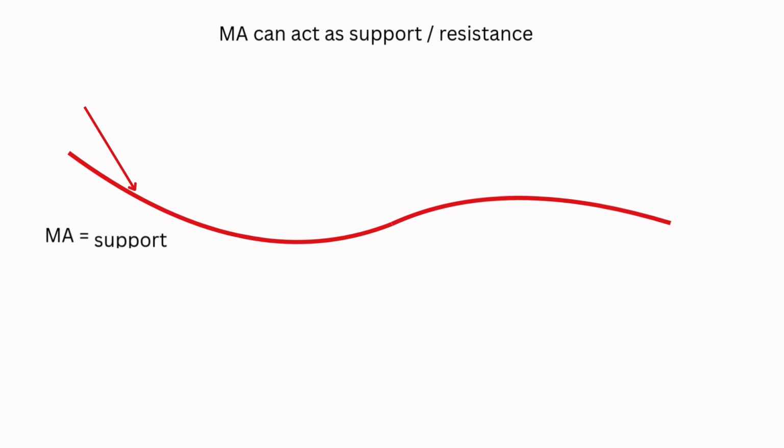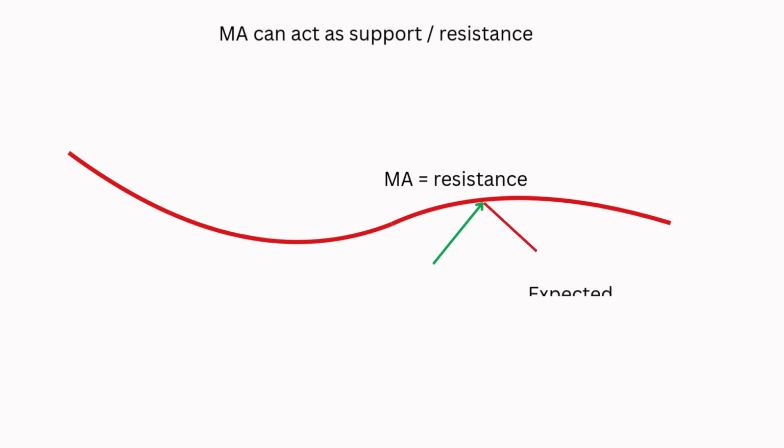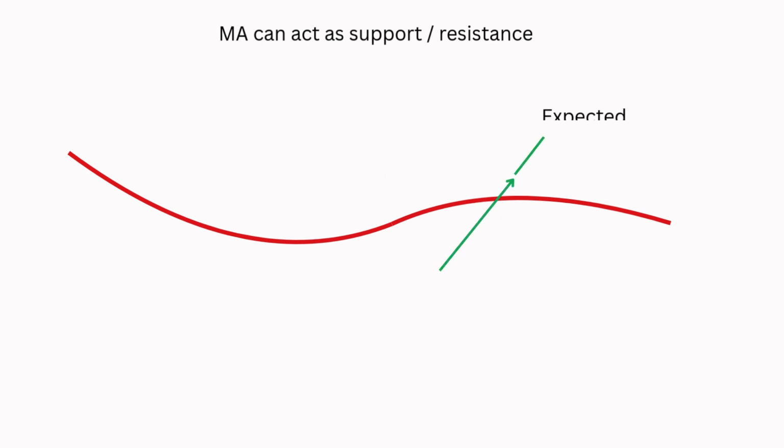Moving average can also act as support or resistance. When price falls to a moving average, which is now a support, the expectation is that price bounces higher. If price closes below the moving average, then the expectation is that price goes lower and the moving average is now a resistance. Similarly, if price rises to a moving average, which is now a resistance, the expectation is that price gets rejected and goes lower. If price closes above the moving average, then the expectation is that price goes higher and the moving average is